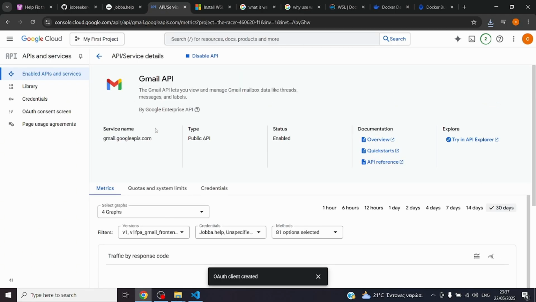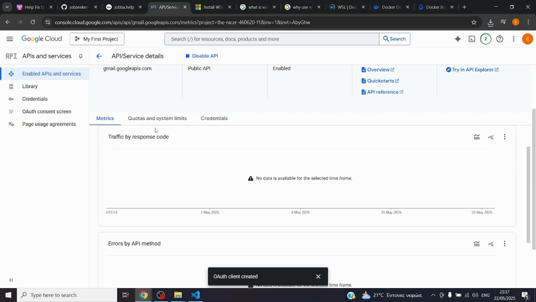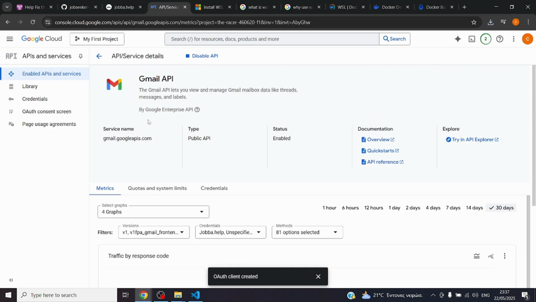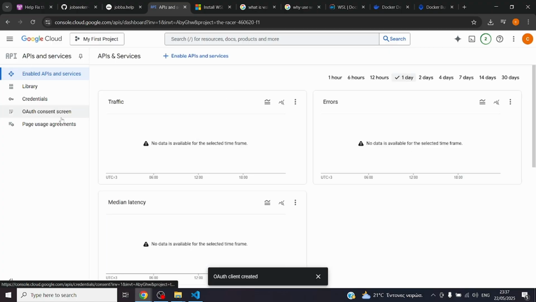And now we have just enabled the API. Now we need to add some permissions we can make. So we can enable some permissions. So we can